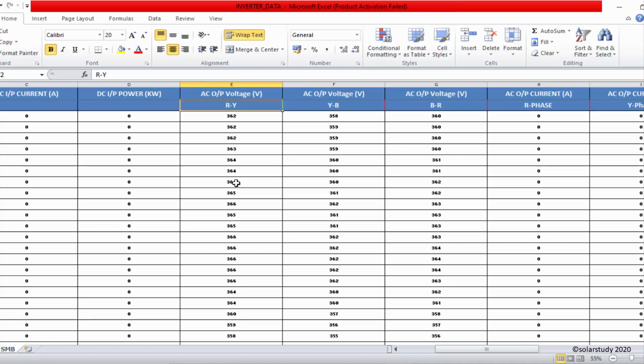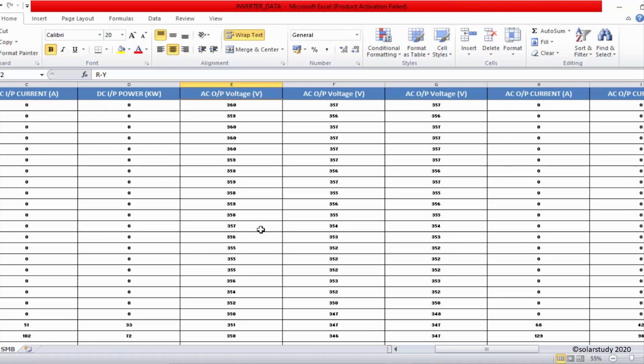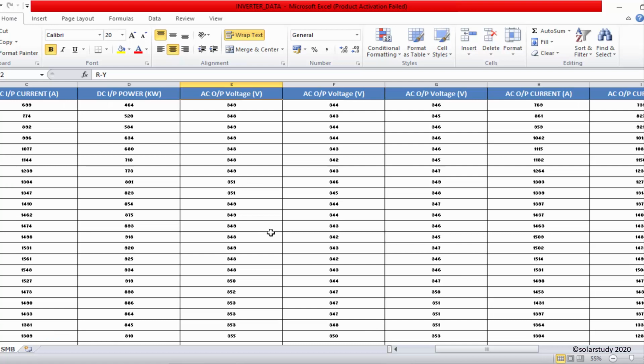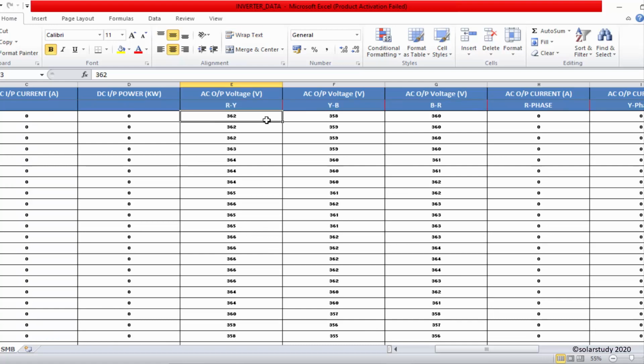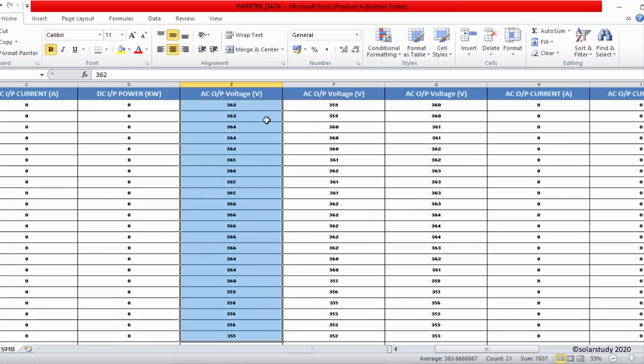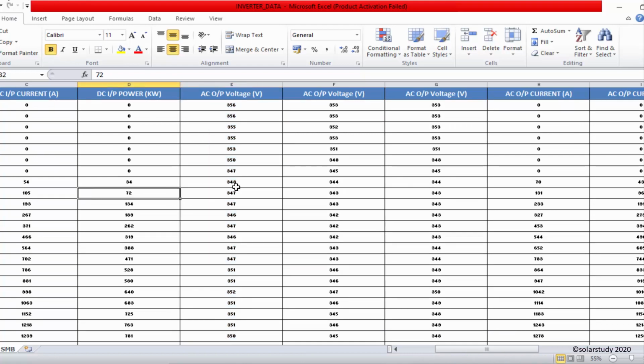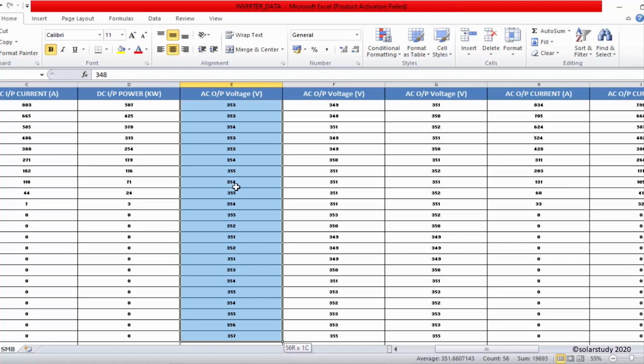It should be 360 to 430. So that is the phase voltage we have to get. Generally it is 360, almost constant. Then it will vary. After radiation starts, the phase voltage will be changing. 350, 350, almost 350. Okay.